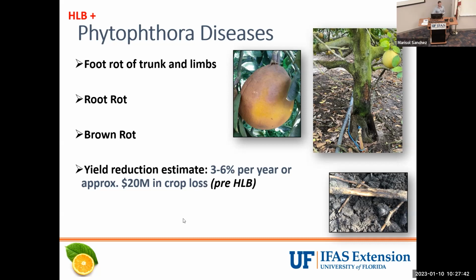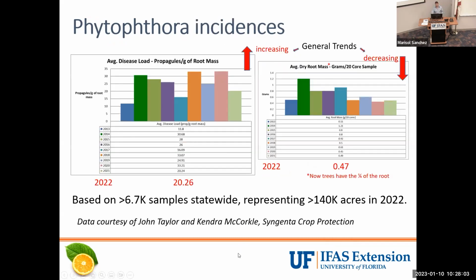And this disease is still causing about 5% yield reduction. And 5%, I think, is quite a bit, especially when you are already suffering with HLB. So this is another disease that our growers must continue to be on top of and take care of. So I gathered some of the